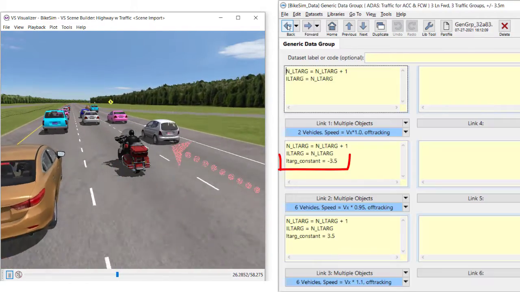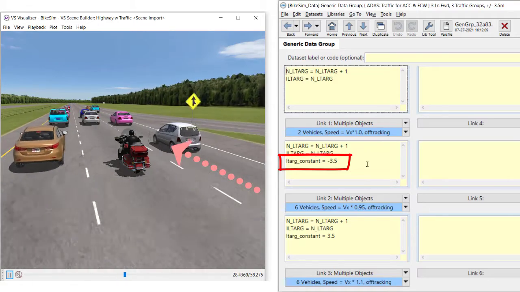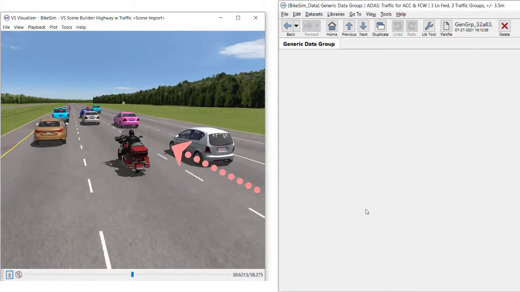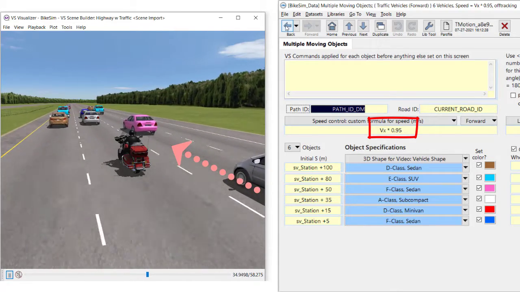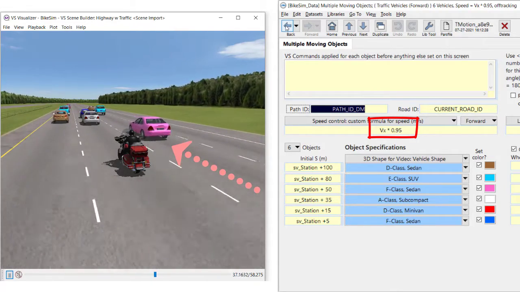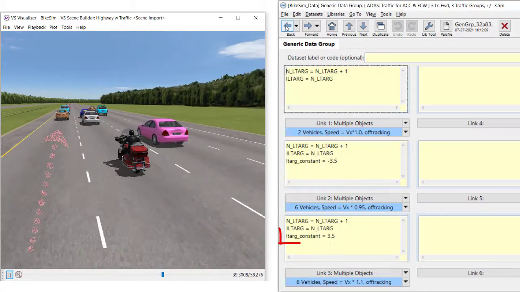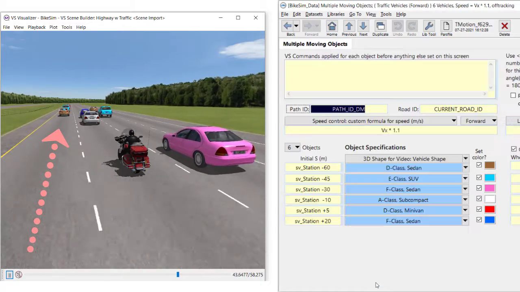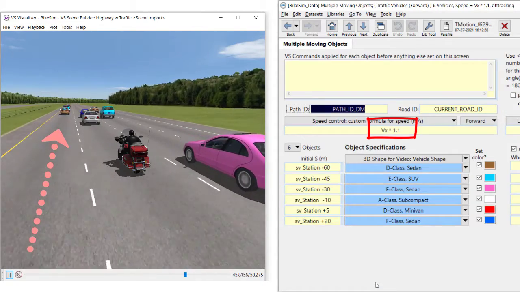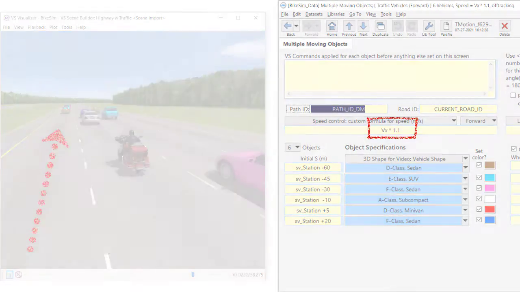The right lane is 3.5 meters right from the center lane, and there are 6 cars running at 95% of the motorcycle speed. This means a little slower. And the left lane is 3.5 meters left from the center lane, and there are 6 cars running at 110% of the motorcycle speed.